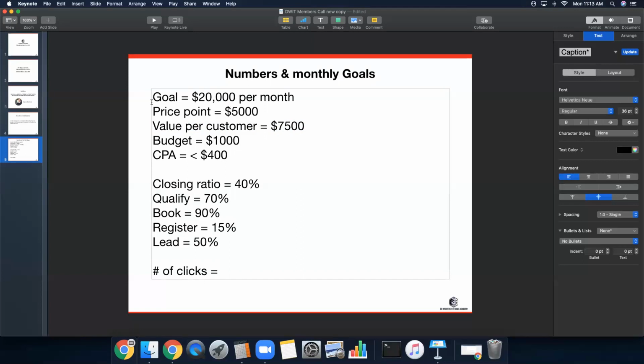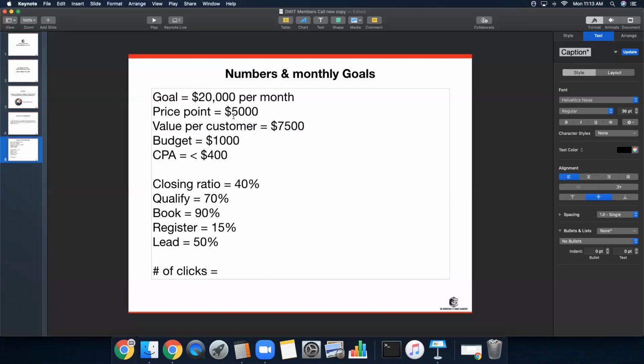So when you actually switch this up a little bit, create more value in your service, add another tier, and then create upsells and ongoing continuity. And let's say we can get your value per customer up now to $7,500. Now with that same $1,000 budget, instead of $50, you can invest up to $400. Now you could start playing with the big boys. Now you could start saying to yourself, okay, yeah, I'm investing $400, $500, $600, $1,000 into getting my clients because I'm getting back $18,000, $20,000, $25,000 in the long term.